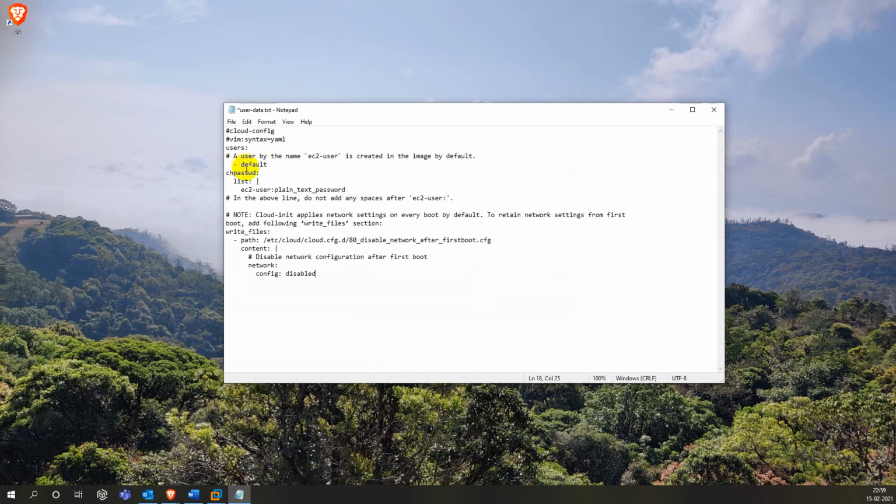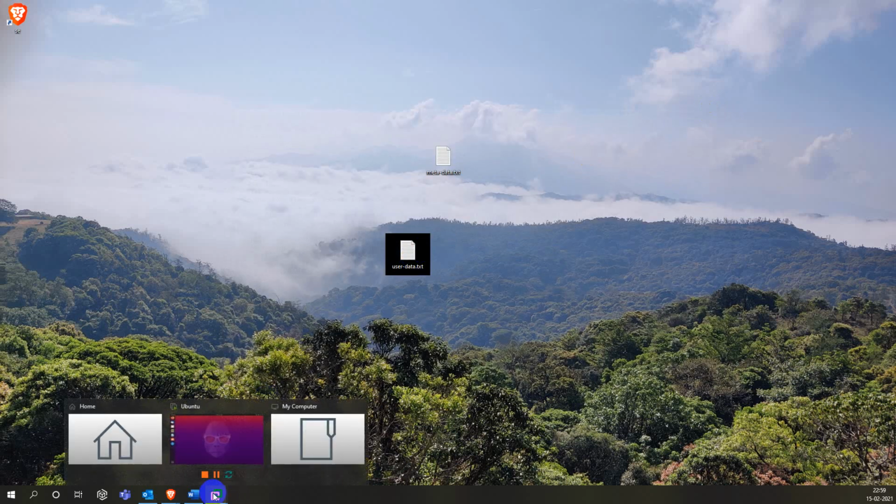For the ec2-user password, let's keep it simple and just type password. Just password is the password, ec2-user is the username.